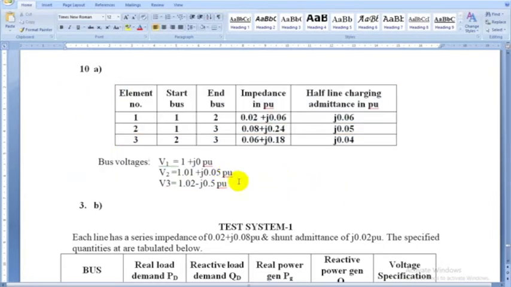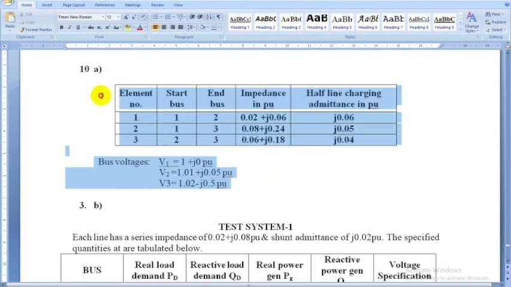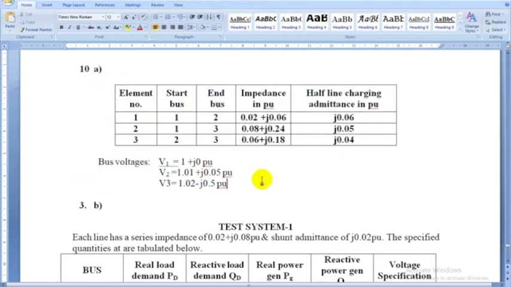Even in the coding part, you need all this information, so it is taken in the form of a matrix directly. For example, 1, 2, 0.02, all these are taken. This is the first column of a matrix, second column, third column, fourth column. The matrix is 3 cross 4.